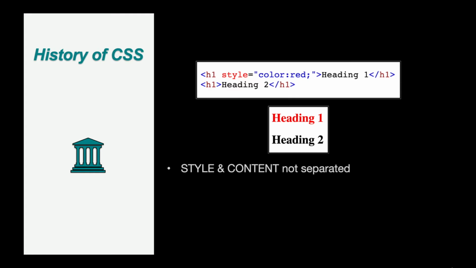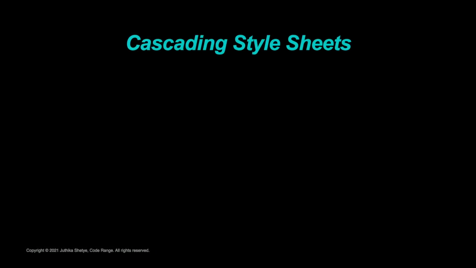However, this still kind of breaks our rule of wanting to separate content from style. And it's really time consuming because if you had multiple web pages on your website and wanted them all to have a consistent look and later wanted to change the h1 to say blue or green, then you will have to go in and change the style attribute on each h1 tag on each page. So when CSS was officially released, it solved all these problems.